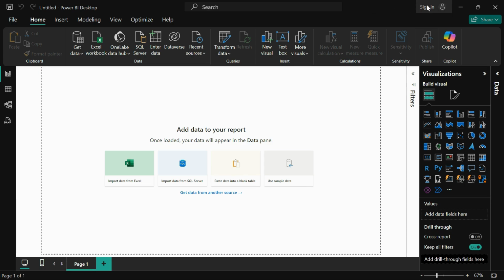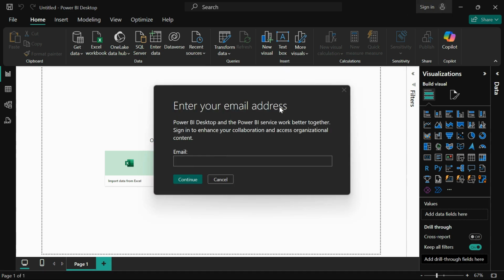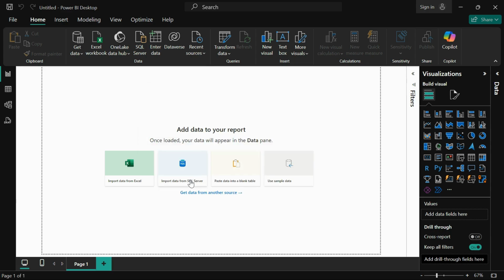Just click on the sign in option in this Power BI Desktop. Under this pop-up, just provide your email address. This email address was created by me the same way that the description video below shows you. Correct. So this way, just continue here,